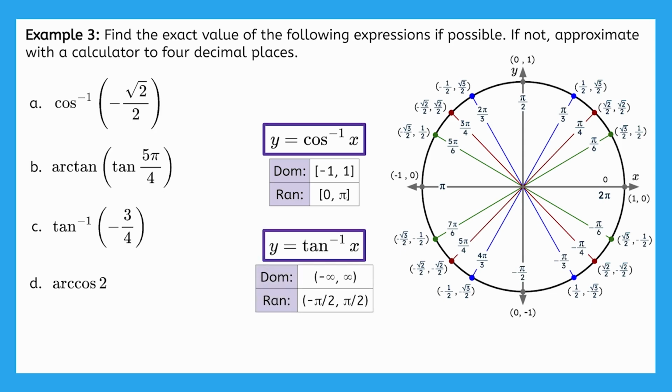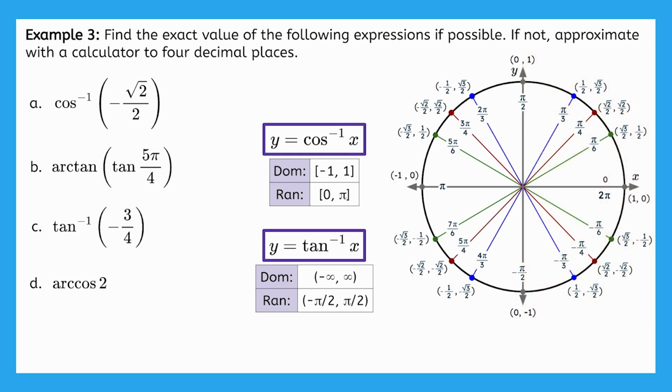The inverse cosine expressions will take in the x-coordinate of a point on the unit circle and output an angle only in the range 0 to pi, which means the angles will come exclusively from the top half of the unit circle. The inverse tangent expressions will take in a tangent value, which is the result of dividing the y-coordinate by the x-coordinate of a point on the unit circle and output an angle only in the range -pi/2 to pi/2, which means these angles will come exclusively from the right half of the unit circle, just like inverse sine.